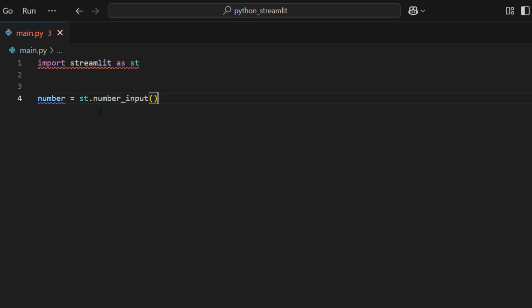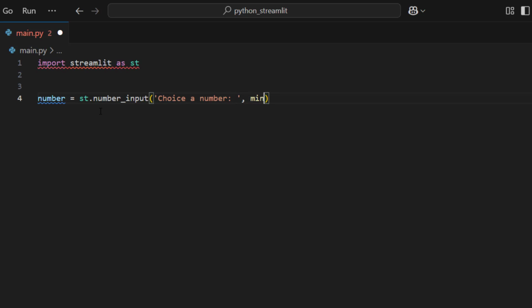Then here we can say something. Choose a number, dot, give a little space, and let's give a comma, and let's give a min.